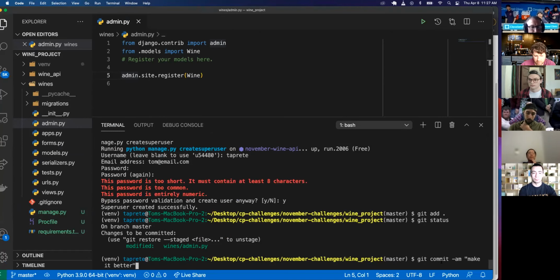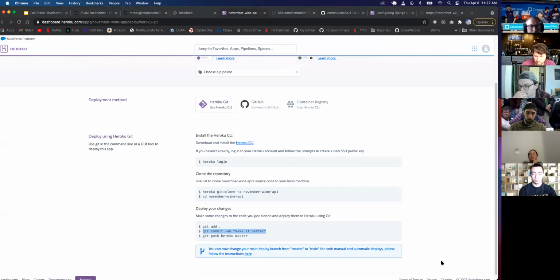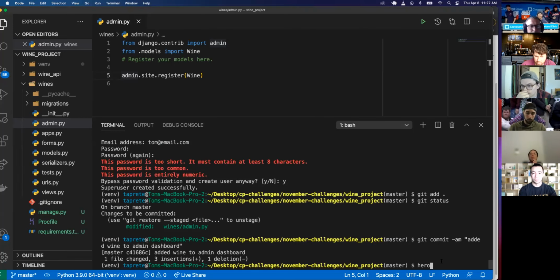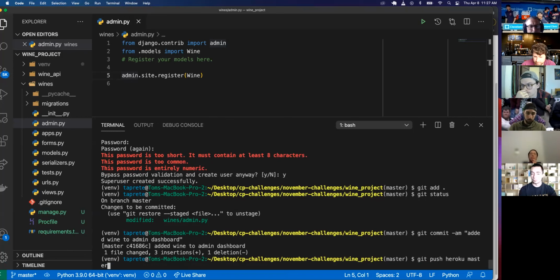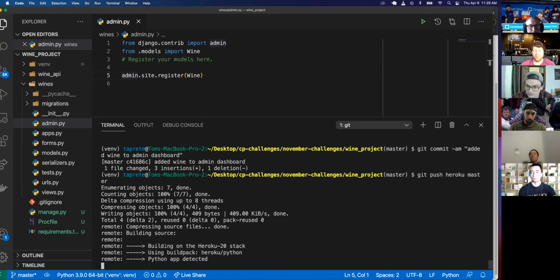So git commit, I'll say, added wine to admin dashboard. Then it was a git push heroku master. So what that's going to do is rebuild the entire application and redeploy it. So it's going to go through that entire process of